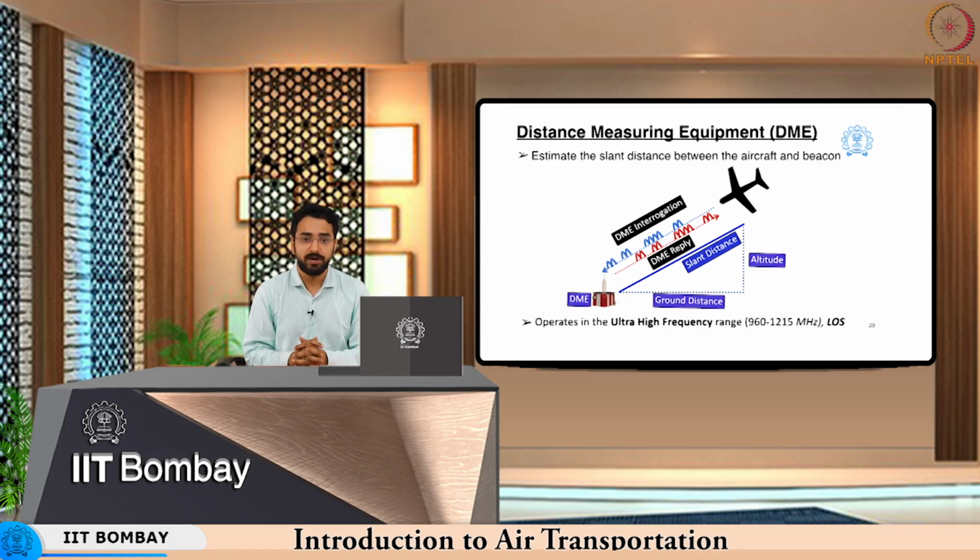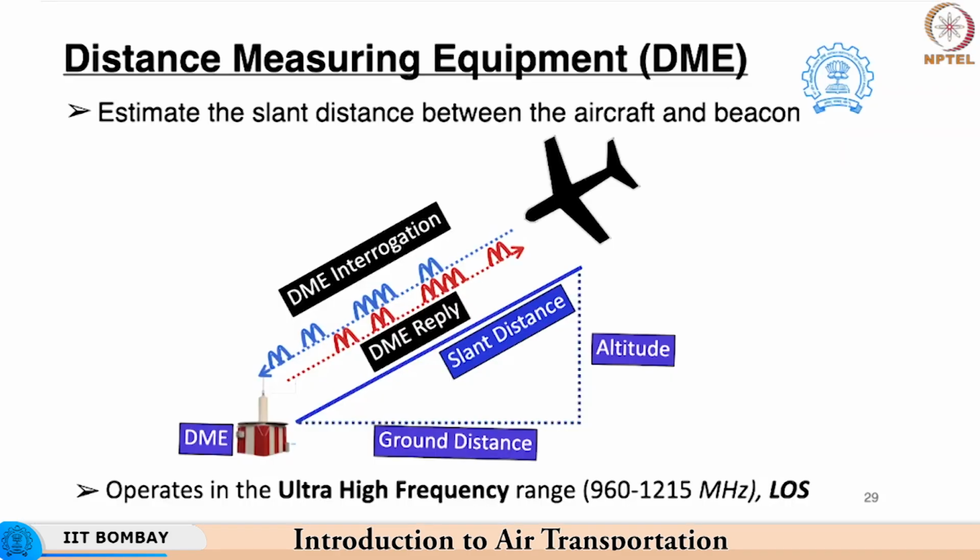Now these operate in the ultra high frequency range and hence are limited to line of sight communication. So when we are talking of line of sight communication, we mean to say that the aircraft should be in view of the transmitting ground station, and if there is a hindrance between the aircraft and the ground station in the form of any obstruction like a mountain or any building, the signal accuracy will be hampered. This is called line of sight communication, and the ultra high frequency range operates with this particular constraint.